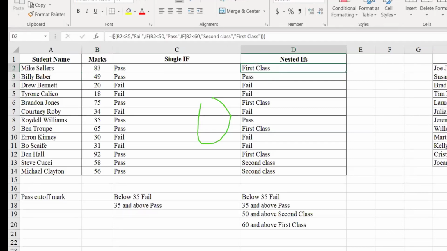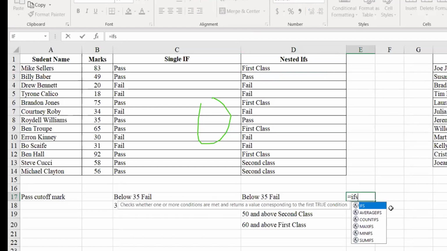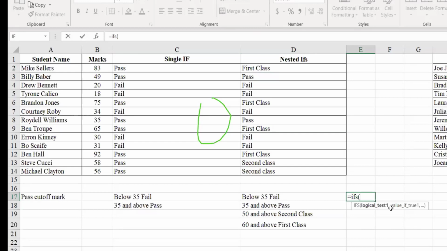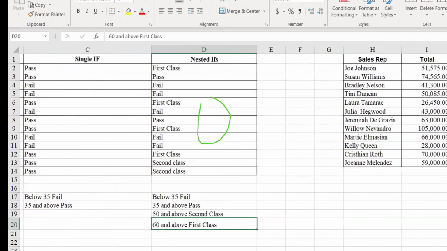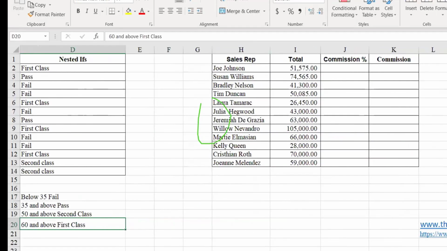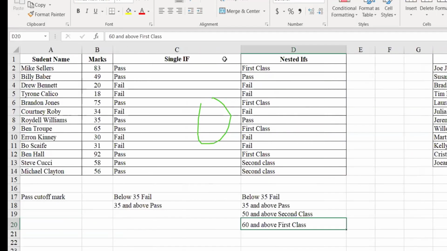You can have multiple IF conditions, but in the newer version, there is a new thing called IFS. So probably I will show that in the next class. IFS is a little bit simpler one. So instead of using multiple IFs, you can use IFS also. But this IF has a limitation, or it's very difficult if there are more. See, now itself with 3 IFs we are having difficulty to maintain it. You can go up to 32 IFs. But after 6 or 7 IFs, it's very difficult to maintain it.